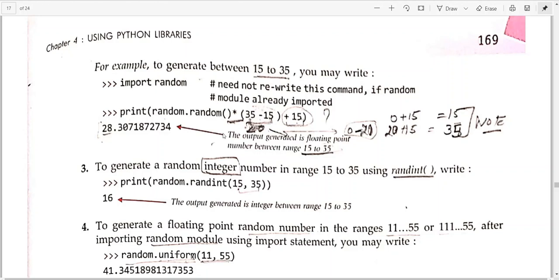So 35 minus 15 is 20, meaning the range is 0 to 20. Then the maximum value of this range is 20 and the minimum value is 0. So 15 has to be added every time. So 0 plus 15 will give you 15.